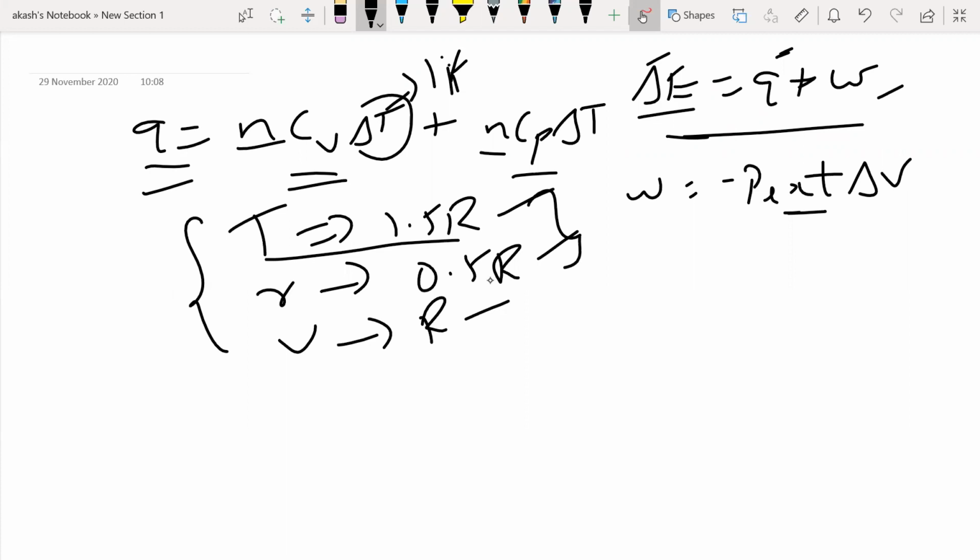And then we went on to see the sign conventions for Q and W, right? We said heat gained or heat added is positive and heat lost is negative, and work done on the system is positive, work done by the system is negative. Or in other words, whenever expansion happens, the work is negative, and whenever compression happens, the work is positive. Okay, right?